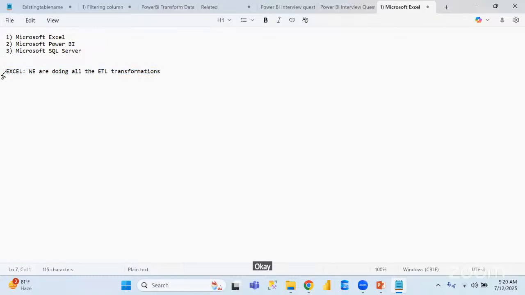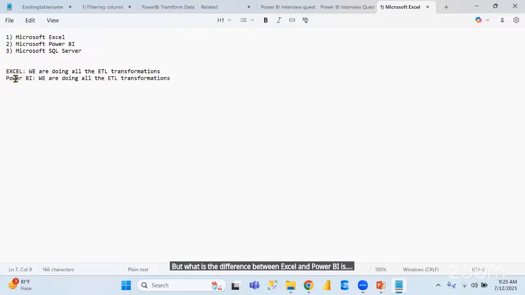The same ETL related transformation options we can do in Power BI also. That means in Power BI also we can do extraction, transformation, and loading. But what is the difference between Excel and Power BI is, see here, in Excel, what we can do, we